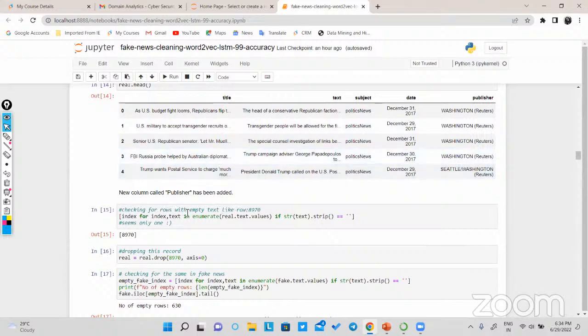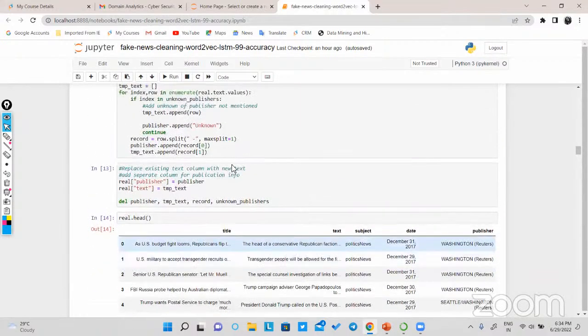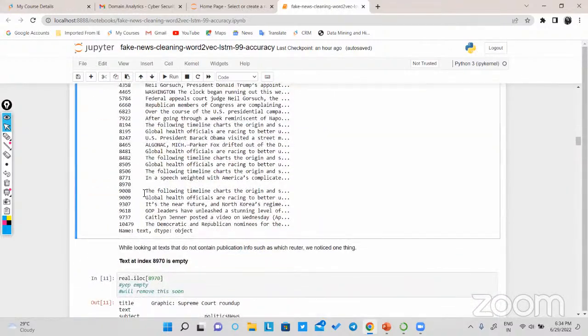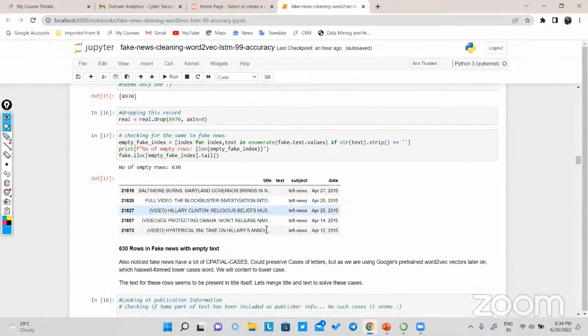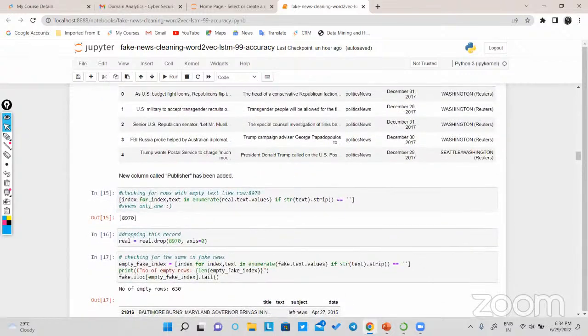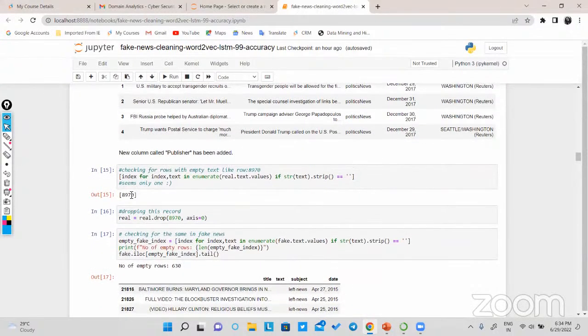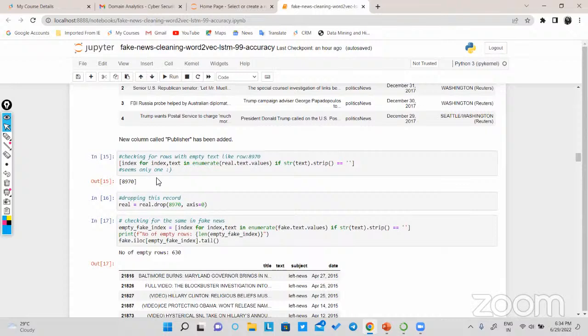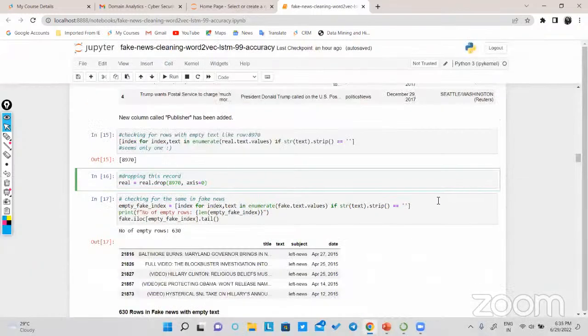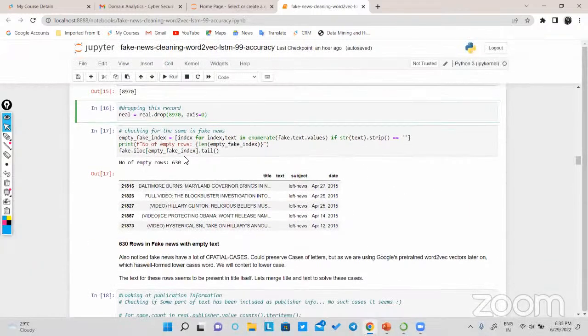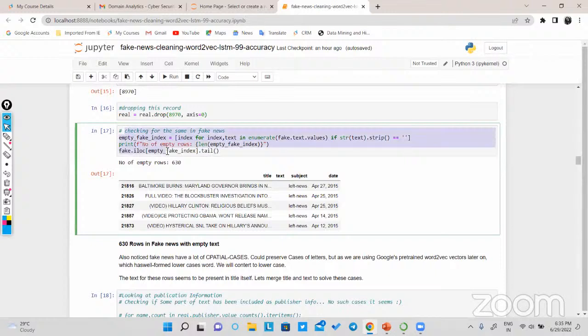Now, what I'm doing is checking for rows with empty text. Like over here, we had line number 8970. In the same way, I'm trying to find the empty information. So here I am saying index for index, text in enumerate(real.text), all these things. And when I run this, it gives me only 8970. That is right, we had only one. Now, when it has no data in it, what are we going to do? We are going to drop it. I have dropped it. And now I am checking for the same in the